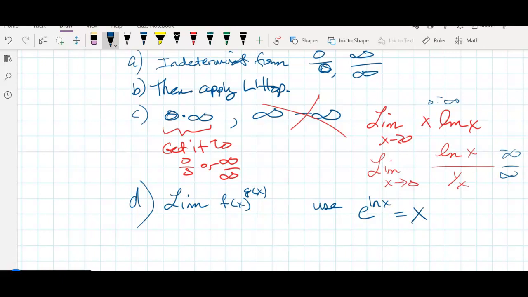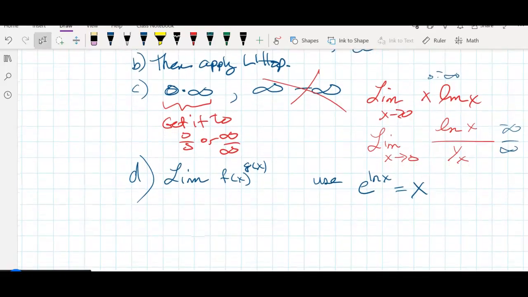You remember that? E to the ln of x just equals x. So we kind of use that idea. And we say, all right, well, I'm going to raise f of x to the g of x. Technically, I'm going to raise it to the e